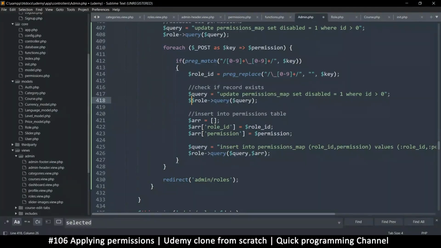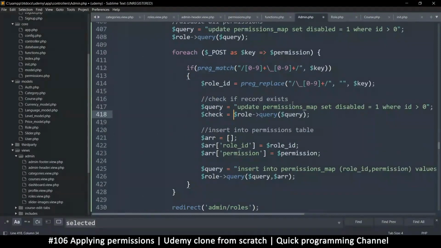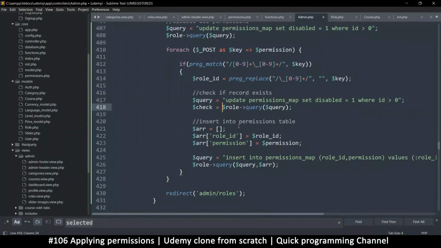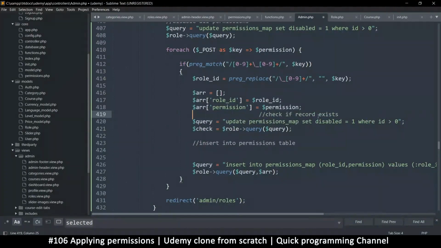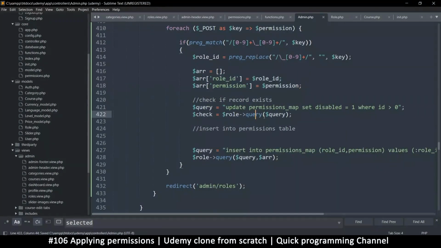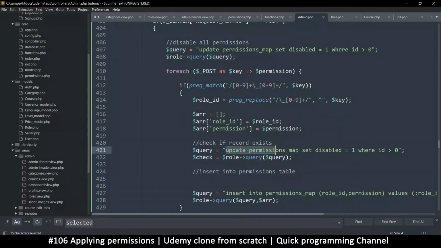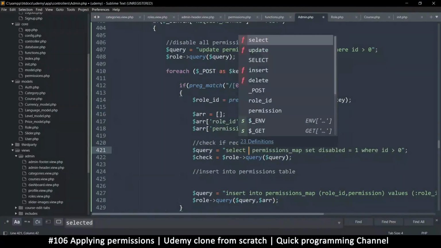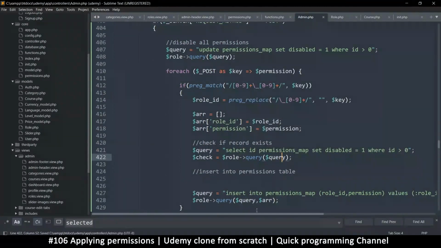I'm going to say, I'll call it check is equal to, and then do that query. Of course, what I want is the row ID in this query. So let me put these guys above here because I will be using that. Wait, I actually need both. So let me put all of this above that query. Like so. So we have these two. That's nice. Now what I want is check, right? So I'll just say select ID